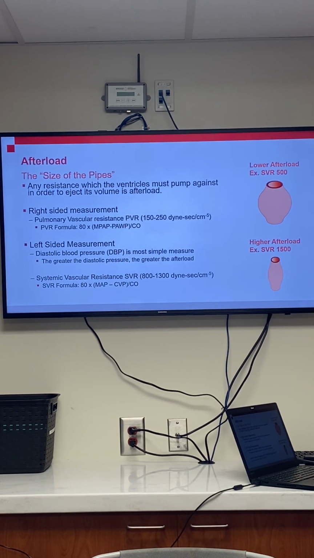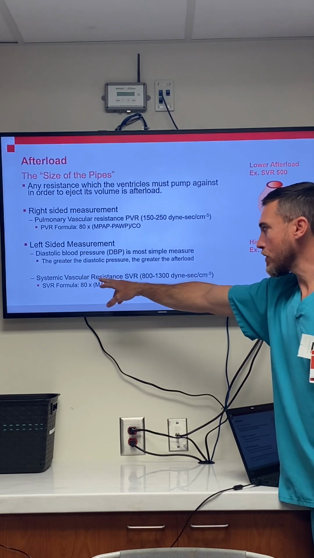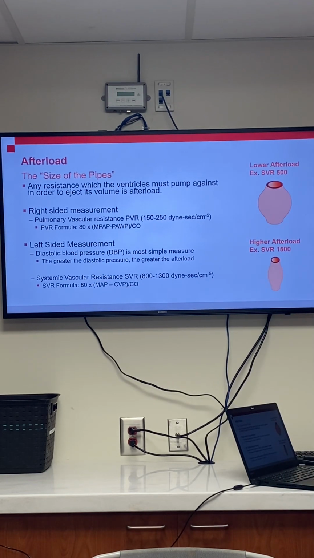Gotcha, okay. Yeah, so SVR right down here is your systemic vascular resistance, normal range 800 to 1200, 800 to 1300. It's kind of the normal range there. So if it's lower than this, my patient would be vasodilated, and if I add a pressor, that would increase it. And sometimes we have a patient, maybe they come in with hypertensive crisis, super high blood pressure,